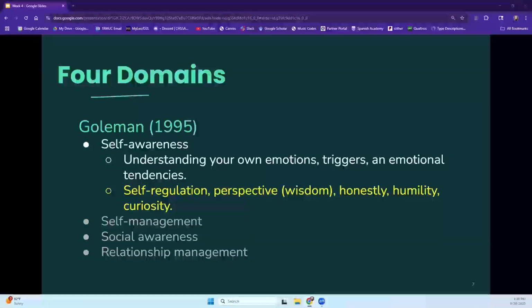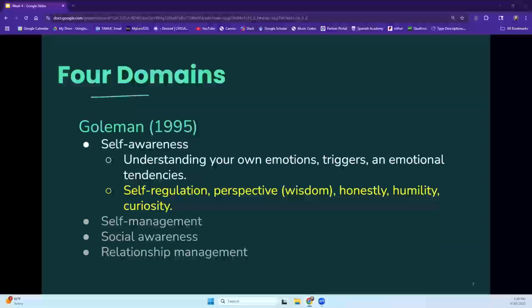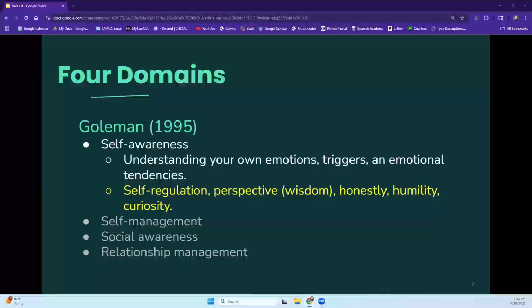Now, one thing I've done that I thought maybe I'll also do the next couple of weeks is try to tie in some of those personality assessments we took. Many of you took the VIA character strengths. And I was thinking it might be helpful to map some of these to the emotional intelligence domains as we go through. Now, I want to be very clear that